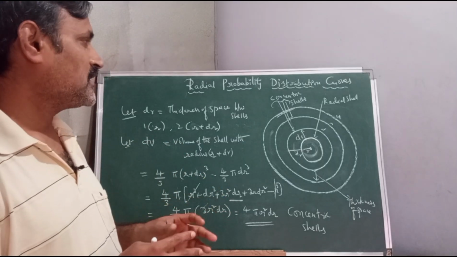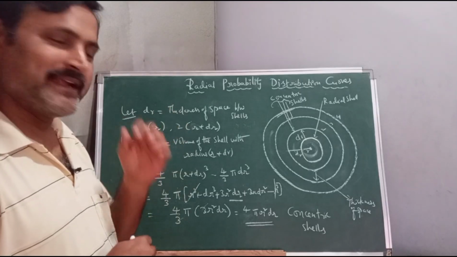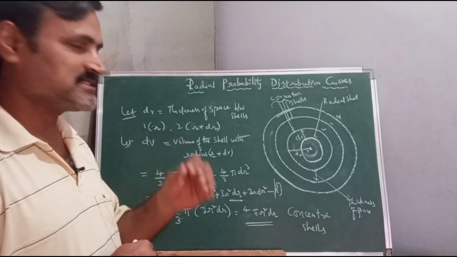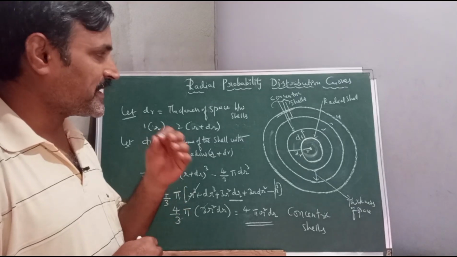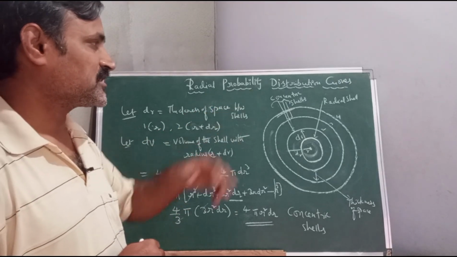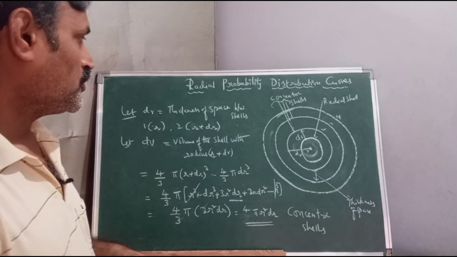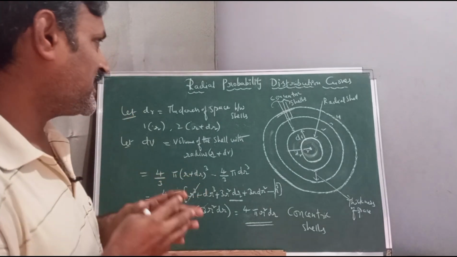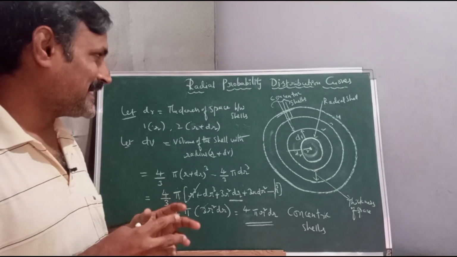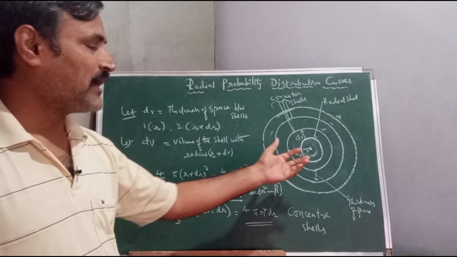That will be proved, and the graphical representation clearly explains the probability of finding the electron at a certain distance from the nucleus in the form of radial probability distribution curves. Okay, let us see this. To understand these radial probability distribution curves, first of all we should know what exactly the radial probability is. For that, we have to assume